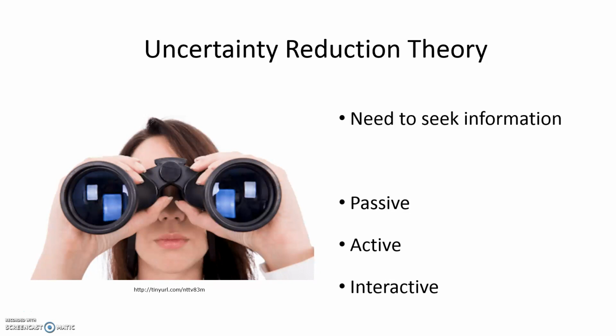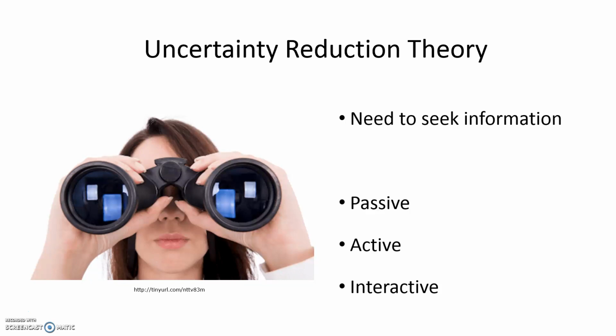So in this need to seek information, there are different ways that we can do that. One way would be a passive way. This is where we don't directly engage with whatever person or thing we want to find out more about. We maybe just observe them from a distance. So that new kid who you don't really know that well and you're curious about. In a passive approach, you would just maybe watch the way they walk, look at the clothes that they wear, maybe listen to them in class, but never actually engage directly.